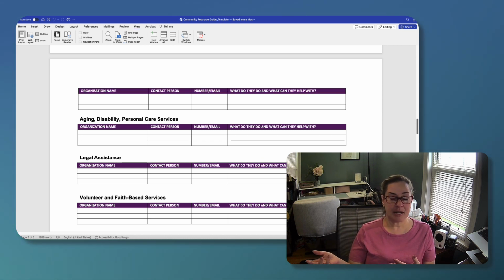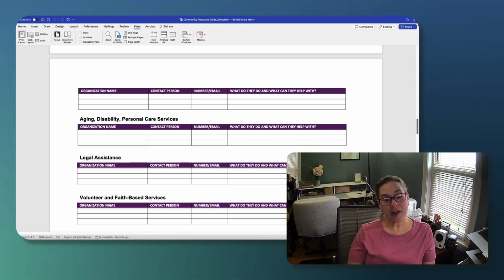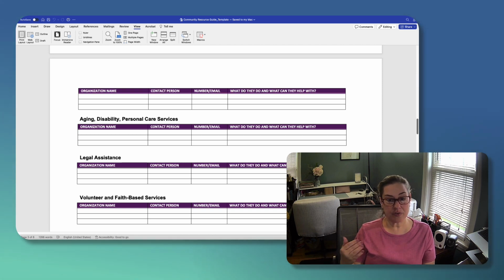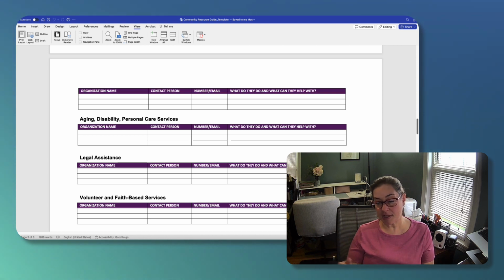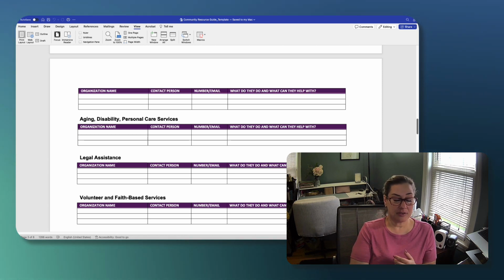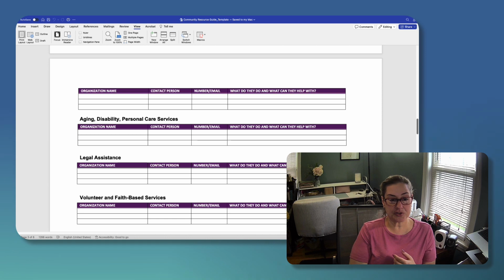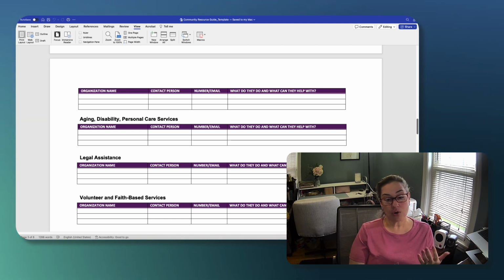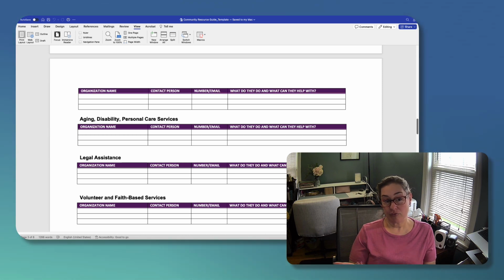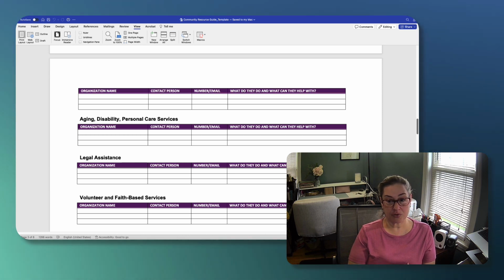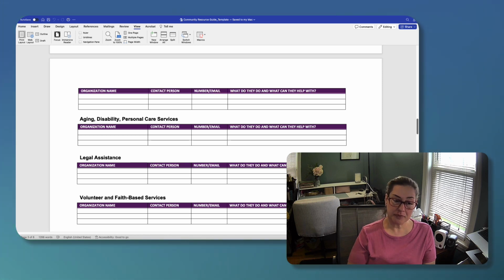There's one in my state, for example, that provides free legal assistance or very low cost legal assistance for individuals who have been denied SSI, and then they will provide legal assistance to help someone file an appeal, go to court, fight it, etc., etc. It's a really, really useful resource to be able to provide for those who fall in that category.